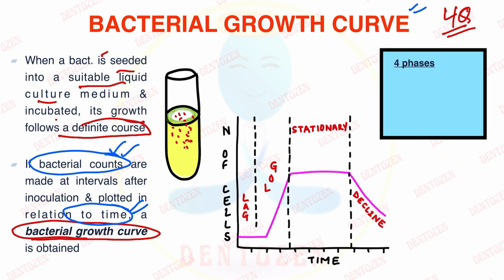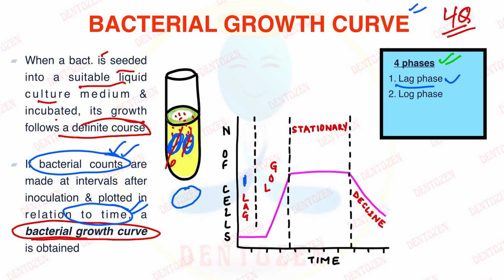The first phase is the lag phase. Lag phase, when bacteria are not increasing in their number. So when we have just placed the bacteria inside the medium, they will just increase in their size. So their size is increasing, but there is no division. So this is lag phase. That is the first phase. And once they have achieved their maximum size, now they will start to divide and their number will start to increase. And then that will be the log phase, when they are increasing exponentially. Their number is rapidly increasing. So that is the second phase or log phase.